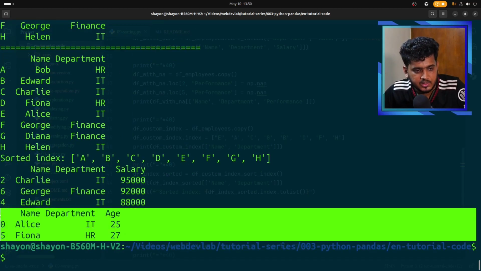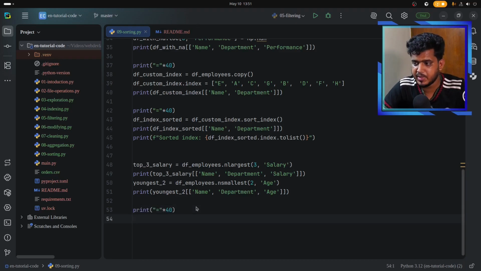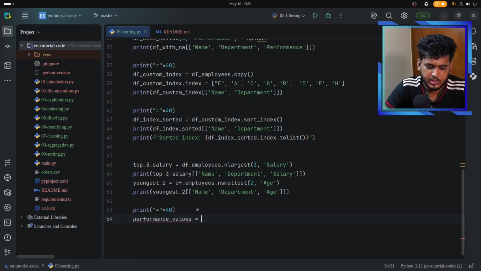Yeah, those 2 employees have less age than others. Let's do some ranking. Let me just copy this. We are going to rank them by performance. Values is equal df underscore employees, then